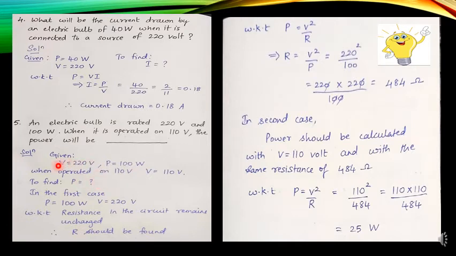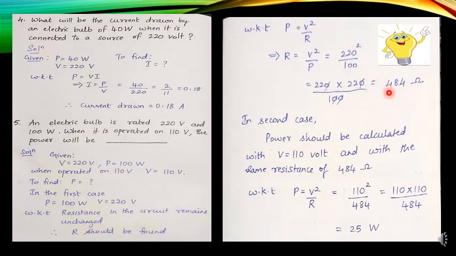To find this, we should find the resistance of this circuit. How do you find resistance when you know V and P values? There are three formulas for P, isn't it? So you are going to use P is equal to V square by R, because we know the values of P and V here. So we are going to find R. But how do you find R? You should modify this formula in such a way that R goes to LHS. So the formula will be like this: R is equal to V square by P. What is V? V is 220. So V square is going to be 220 square. P value is 100. And when you simplify this through calculations, you will get the resistance as 484 ohms.